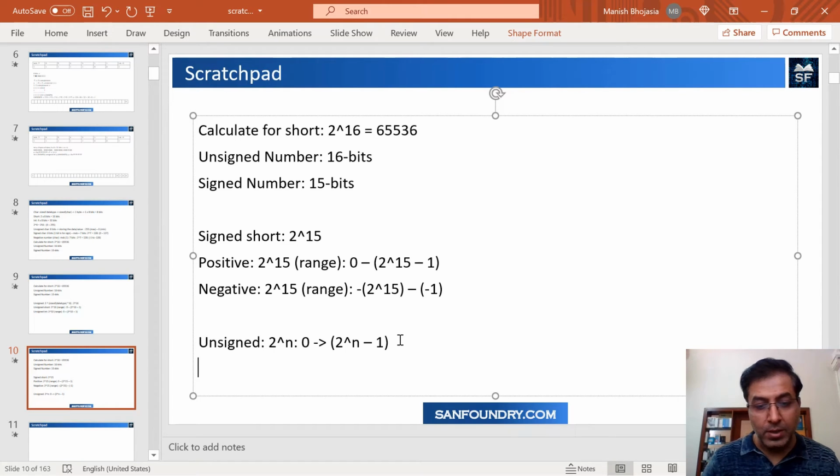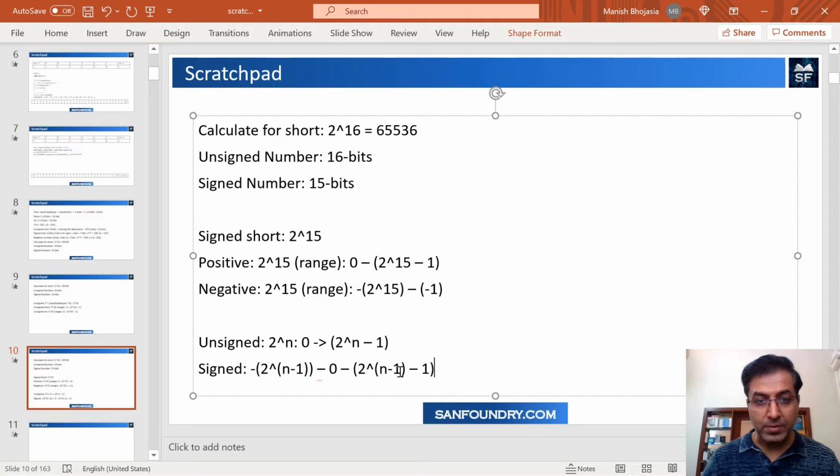What about the signed values? So we can have a negative lowest, basically. On the negative direction, you can always say 2 to the power n minus 1. Why n minus 1? Because 1 bit is consumed for sign. It goes all the way up to 0. And then on the positive side, you simply say 2 to the power, again n minus 1 because 1 bit is for sign, and then a minus 1 because the range starts from 0.